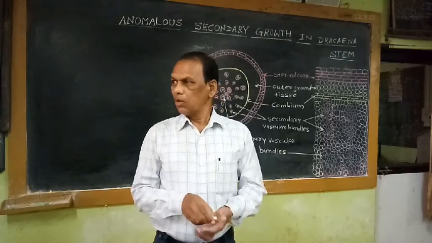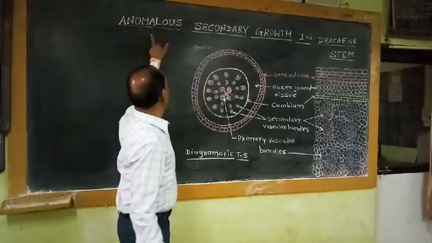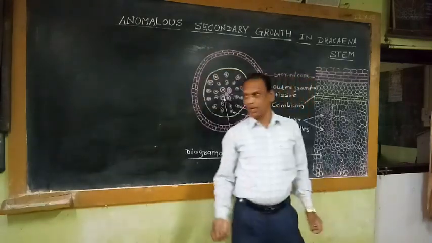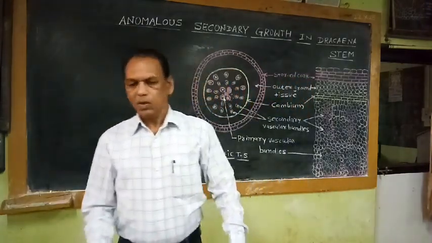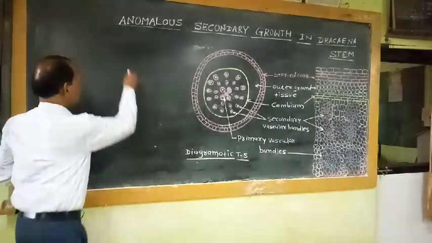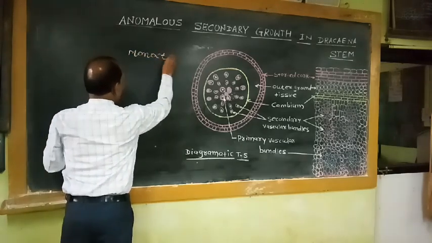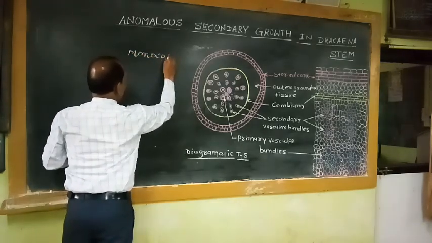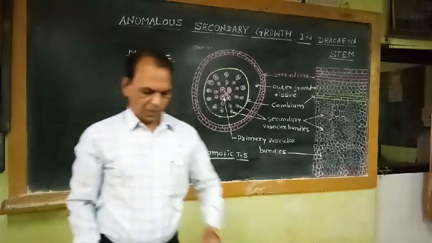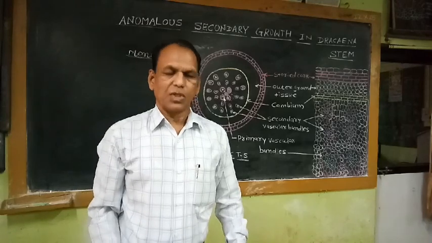Hello friends, today I am going to discuss the anomalous secondary growth in Dracaena stem. So Dracaena plant is an example of monocot. So theoretically we know monocot plant doesn't show secondary growth